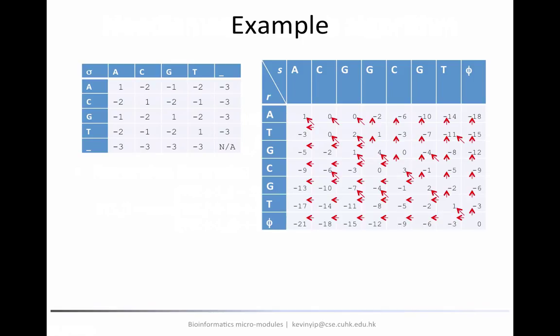The scoring matrix on the left-hand side is based on the idea of transition and transversion. For all the indels, that means all the numbers on the last row and the last column, they're -3, meaning that we think indels are very rare and they should be penalized a lot. The diagonals are still 1, so we prefer matches. But for the other entries, if it's a transition, for example, A to G, we have a smaller penalty of -1. But for a transversion, for example, A to C, there's a bigger penalty of -2.